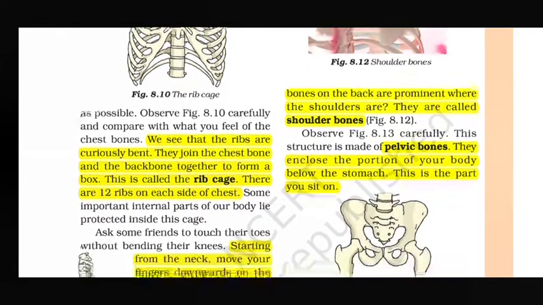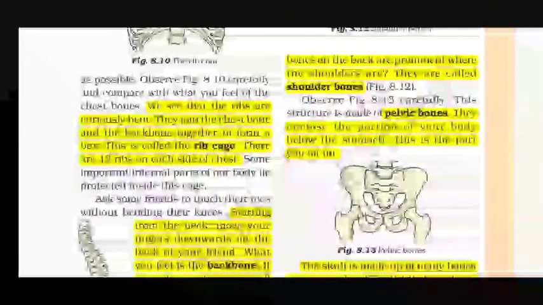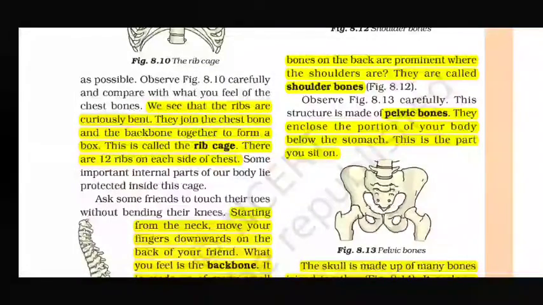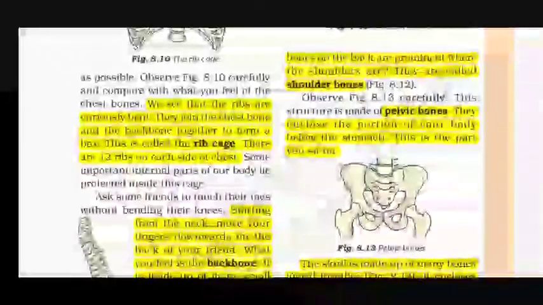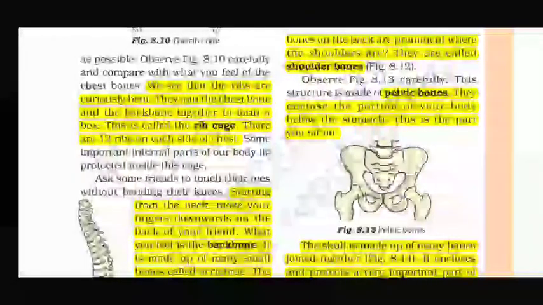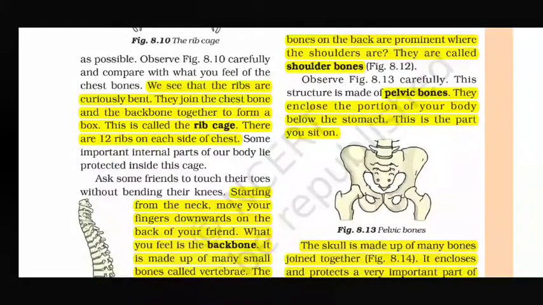Okay, now the next bone, the pelvic bone, is important because it encloses the portion of your body below the stomach. This bone is present below the stomach. This is the part on which we sit. We sit on our pelvic bone. This point you have to remember. These are the different bones and the functions of these bones are given. So what is the function of the pelvic bone? It encloses the portion of our body below the stomach, and this is the bone